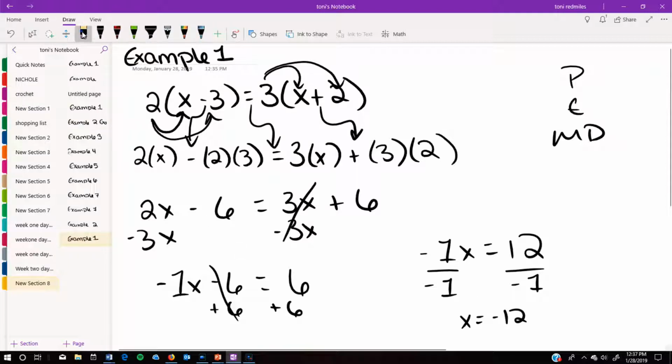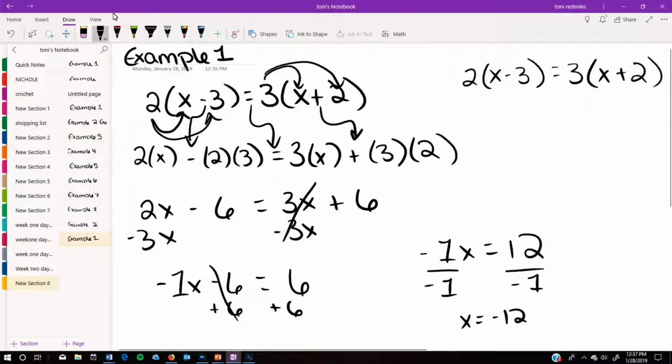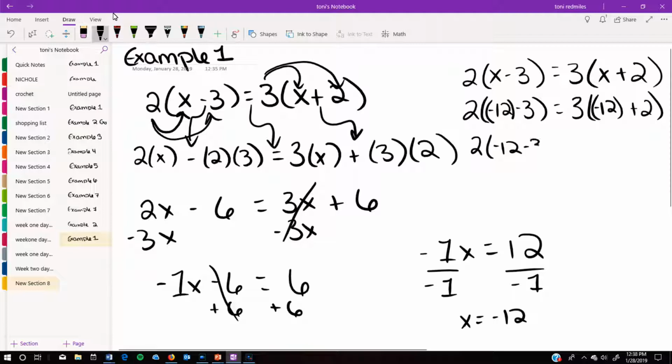Now let's go ahead and check that. So my expression is 2 times the quantity of x minus 3 equals 3 times the quantity of x plus 2. And I'm inserting a negative 12 into my x's. And I have to do it to each x. I can see the parentheses are not really needed in this one, so I'm going to get rid of them. They're a little bit confusing in this one